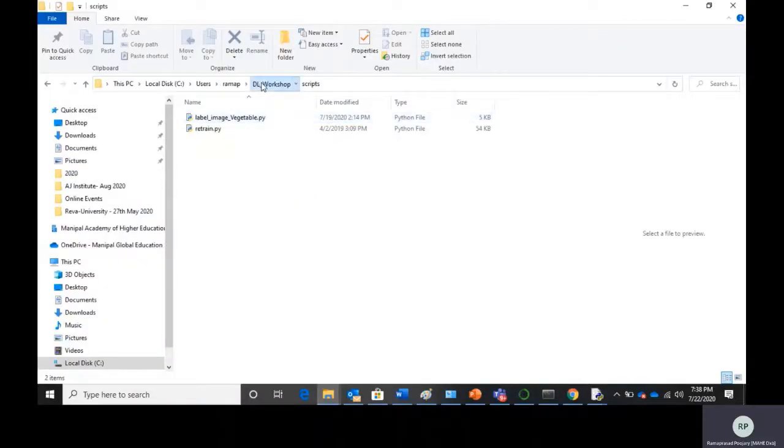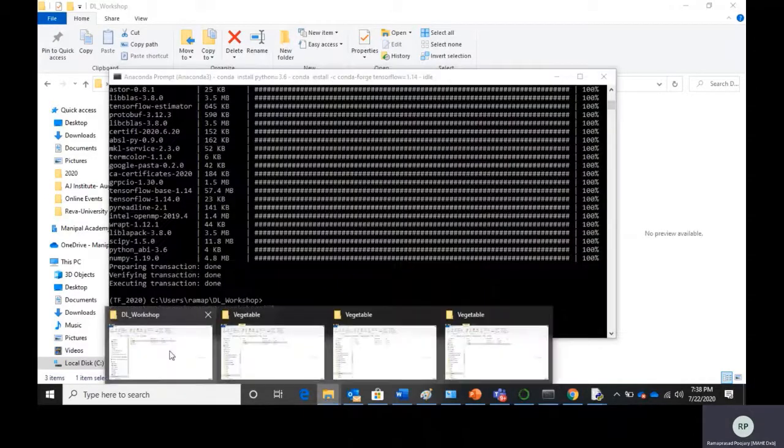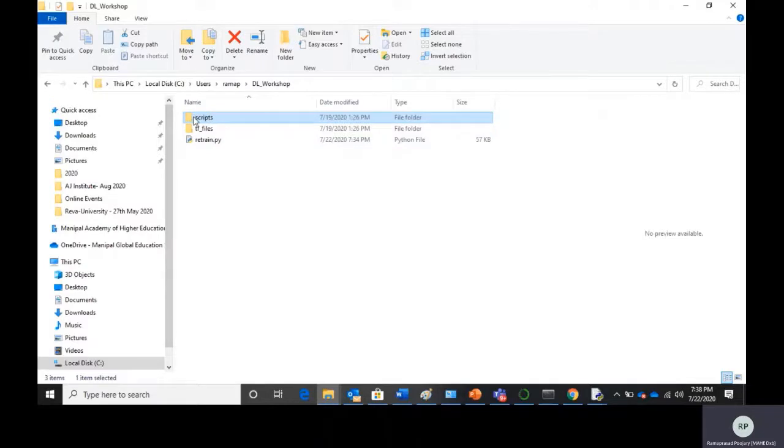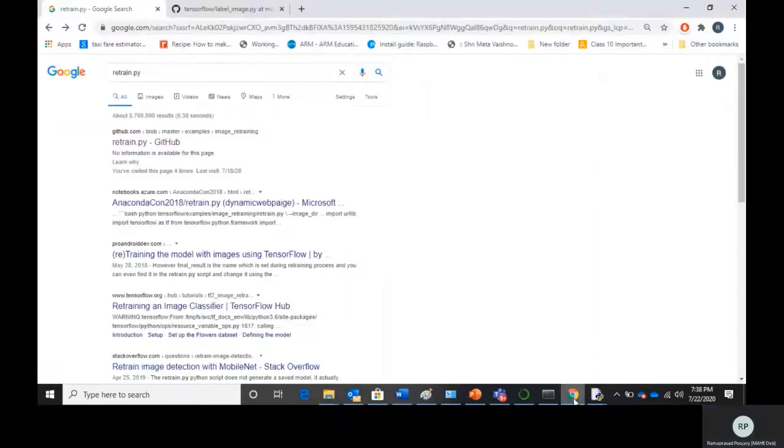So the first thing you're supposed to do is, if this is your path, DL workshop, you create 2 subfolders, scripts and tf_files. Under scripts, you can copy these 2 files, which you can get from the GitHub repository. Okay, so this is the repository.